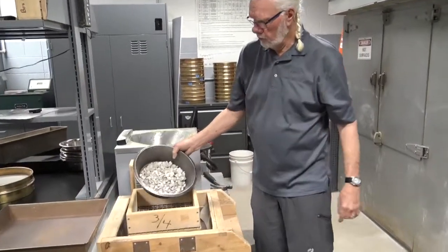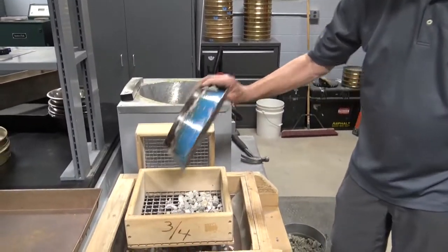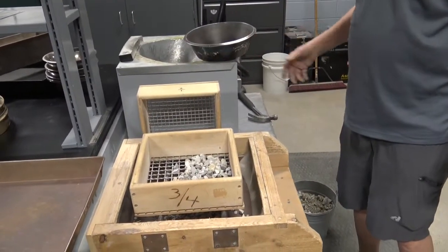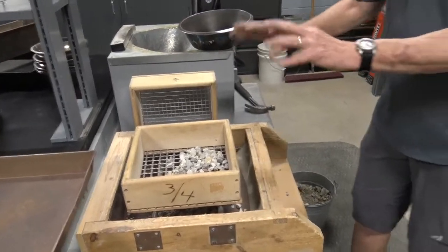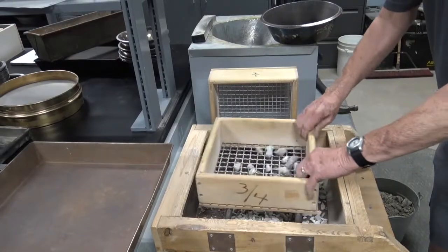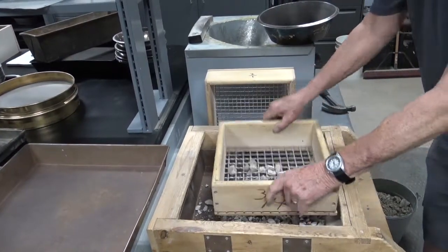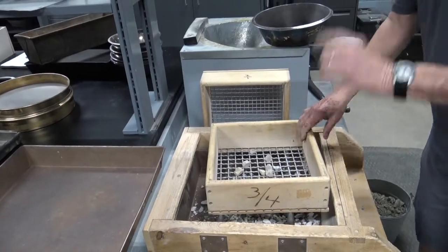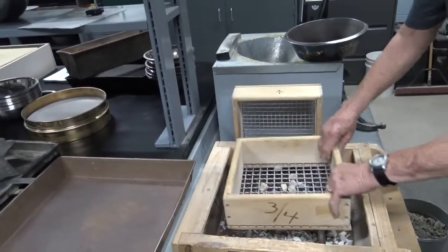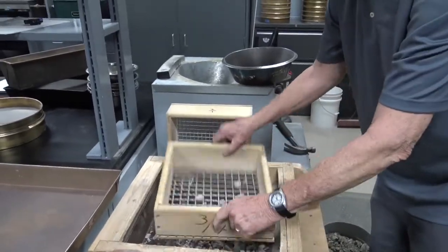has to pass through. We simply, usually one sieve at a time, put the material into the box sieve. This is a sieve that may have a little material retained on it, the 3/4 inch sieve. And utilizing this box sieve,